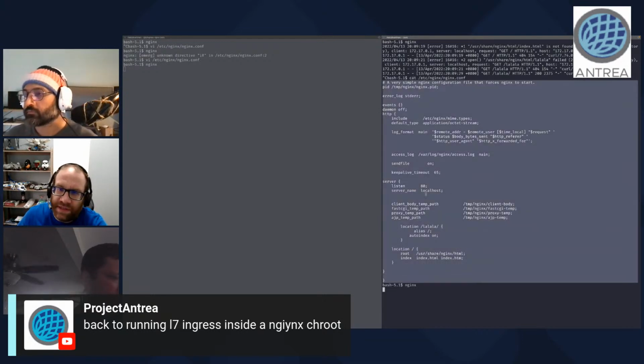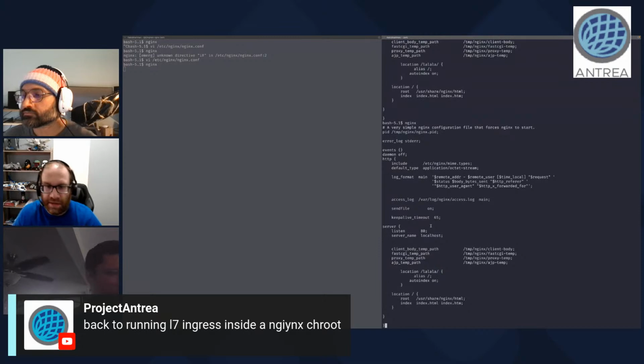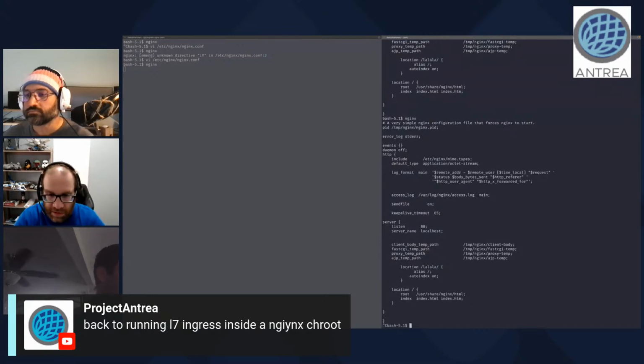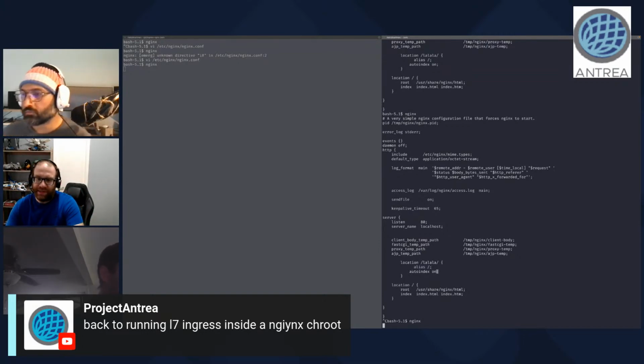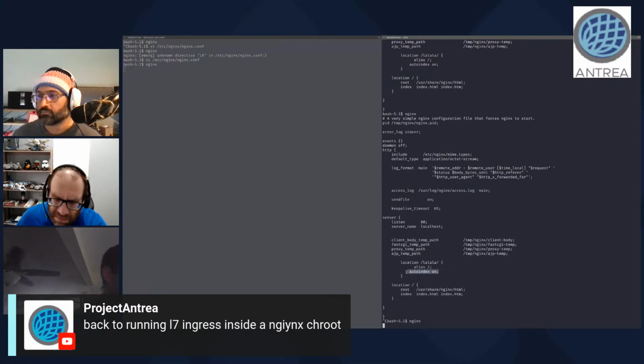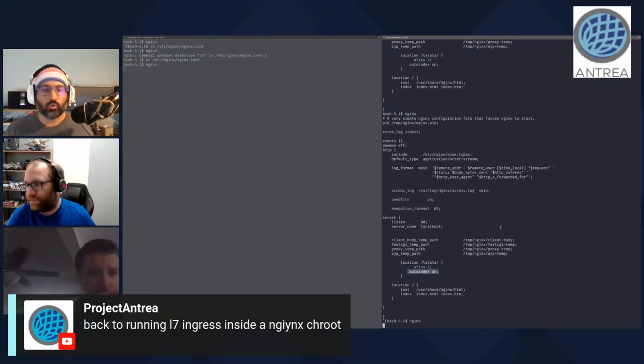I do have a location here called /lalala, which has an alias and an autoindex. This is not the norm. Actually, you shouldn't be allowed to do that in a Kubernetes ingress. You shouldn't be allowed to do that, but due to some